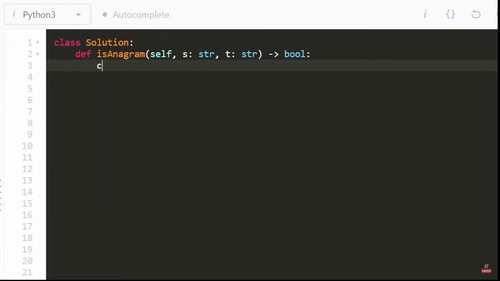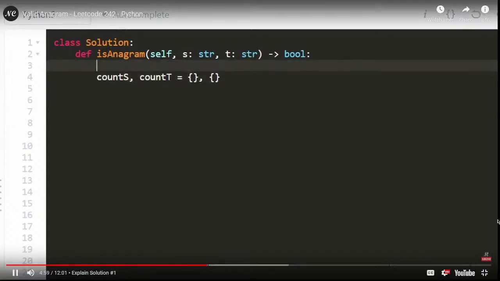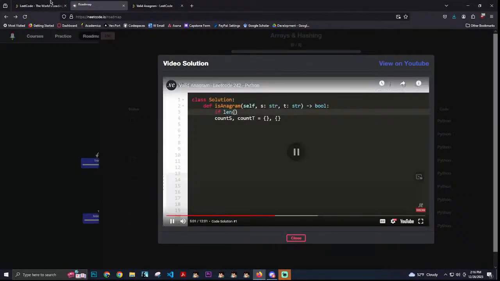Okay, so now let's code it up. And like I mentioned, the main thing we're going to be doing is counting the characters in both of the strings. So we're going to create hash maps for that. This is how you can do that in Python. But remember, before we even do that, we want to make sure that the length of